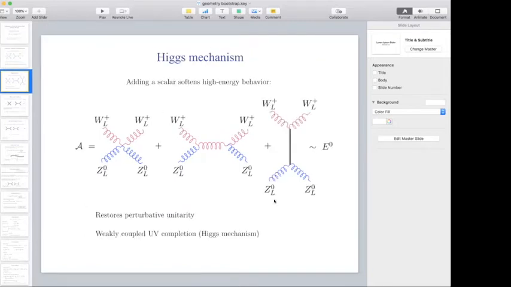In the case of the standard model, we know what does that. We know that there's a Higgs mechanism. In a weakly coupled Higgs mechanism, you add in a new particle, in this case the physical Higgs particle, which is now a new scalar. When you add it in at tree level with its correct couplings, it cancels off this bad energy squared high energy behavior and makes it so that the energy